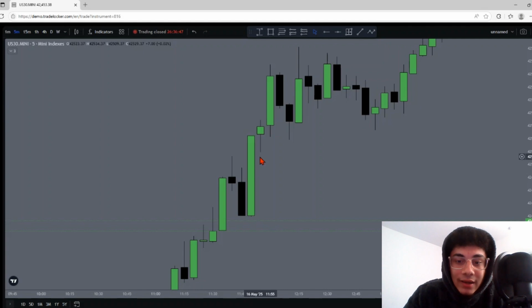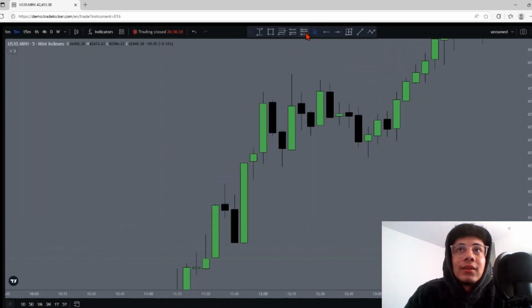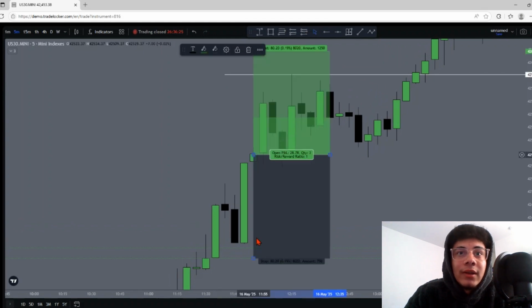Now, we can't immediately get in off the pullback. We need to wait for price to reject off of it and show us a good wick to body ratio, which we can see here, how we had a long wick, and then we shoved the body all the way up to a tinier body, but still a decently sized body in regards to the rejection, and overall flipping the color, letting us know that we have a clean move to the buy side to seek the liquidity all the way up here. And then all we have to do is get into the position. I'd say probably right around here.